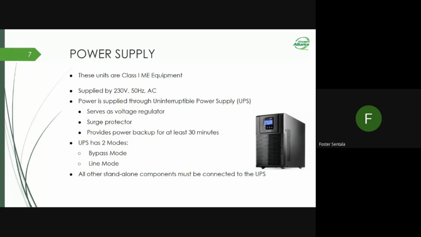On bypass mode, you are not necessarily using it as a backup power, but you're only using it as a voltage stabilizer. So if you want to use the UPS as a backup, you have to activate the line mode. This is done by simply holding the power button for at least 5 seconds until you see line mode displayed on the LCD. Moving on to the next slide,